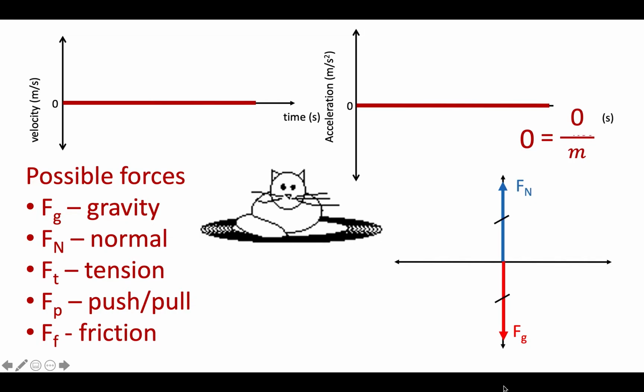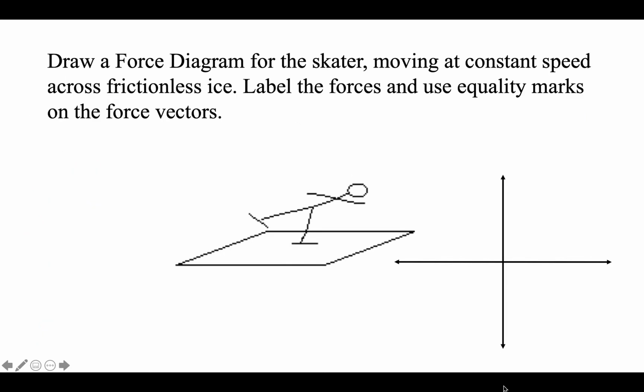And we can put little equality marks on those forces to tell us that the normal force and the gravitational force are equal, therefore there's no net force, therefore the kitty's not accelerating. If we move to the